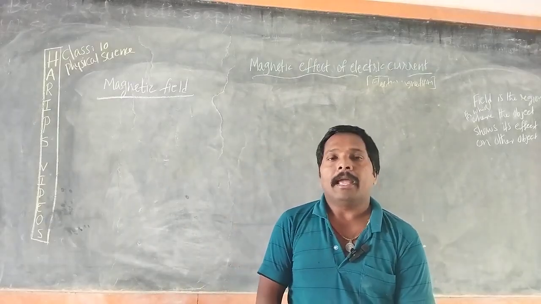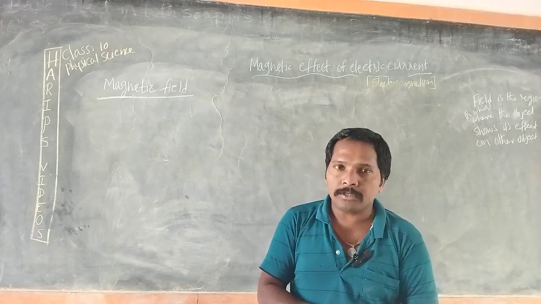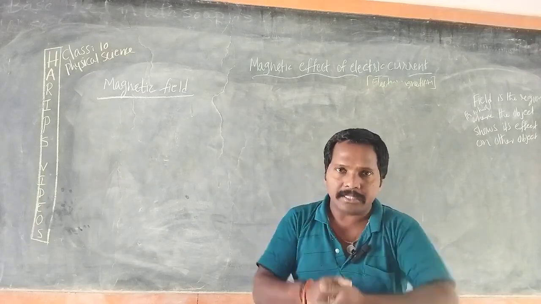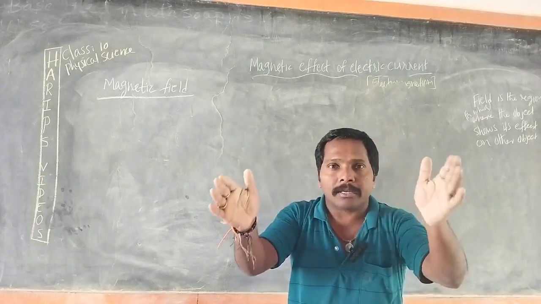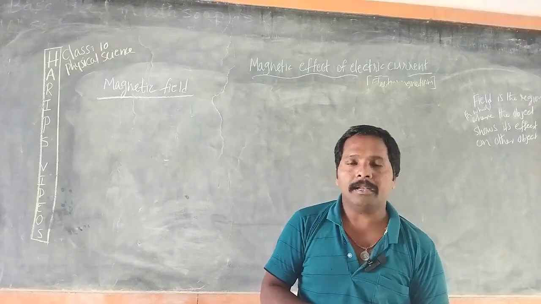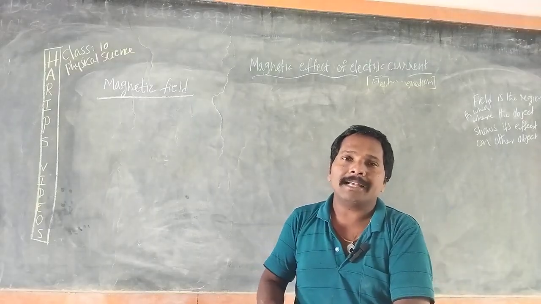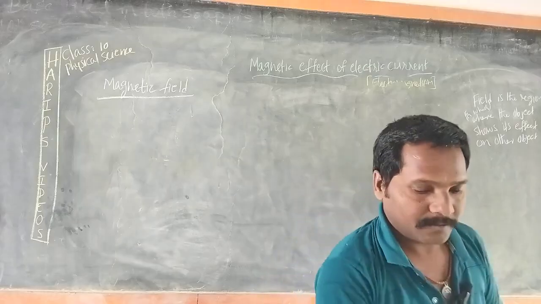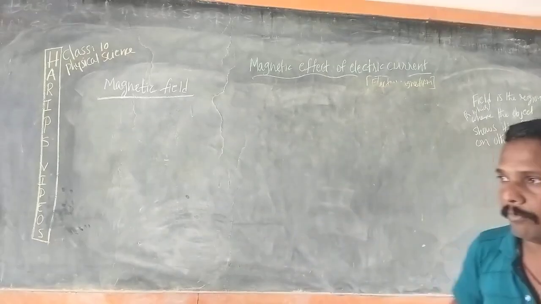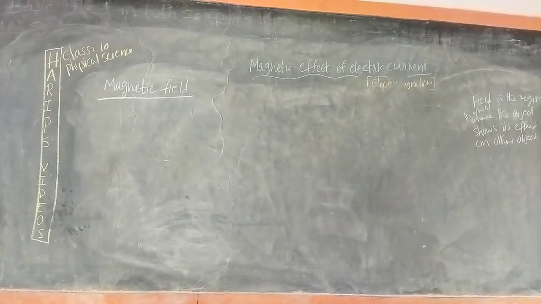Similarly, a magnet also shows its effect in a particular region only. That particular region we can call as magnetic effect. Simple చెప్పాలి అంటే